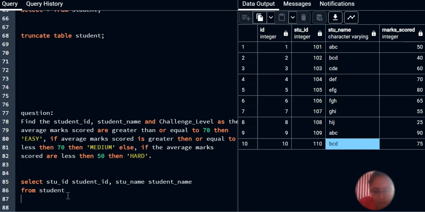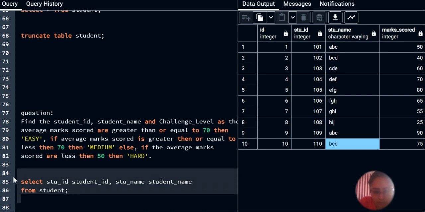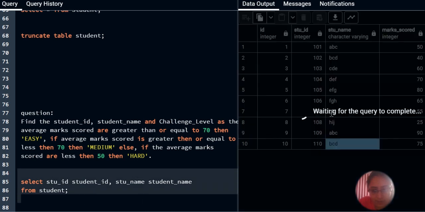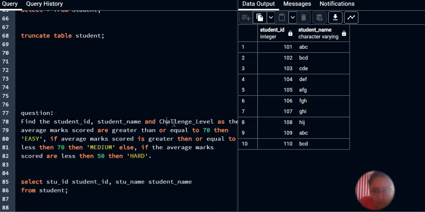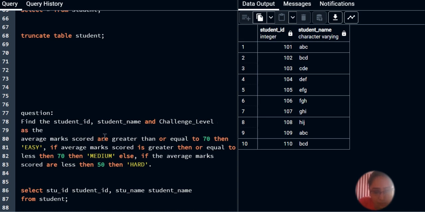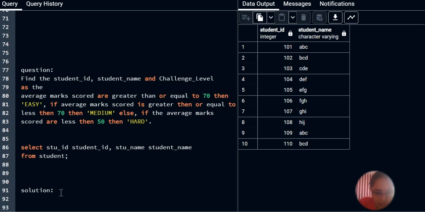Now the third thing comes. What is that third thing? Let's try to create a subquery first. I get all the student IDs and student names, but then there is the challenge level, which I have to create. If I look at both the tables, I don't see any column like challenge level. So how can I create this column? I need to create this logic basically as: if the average marks scored are greater than or equal to 70,